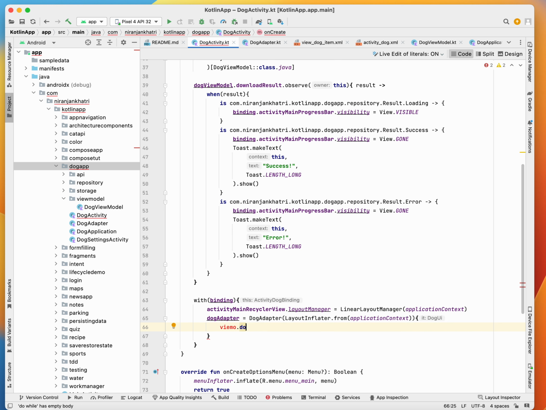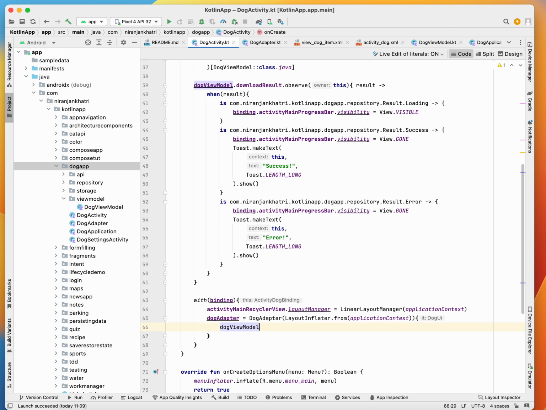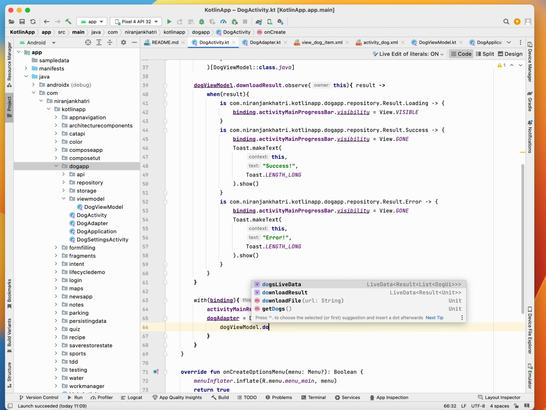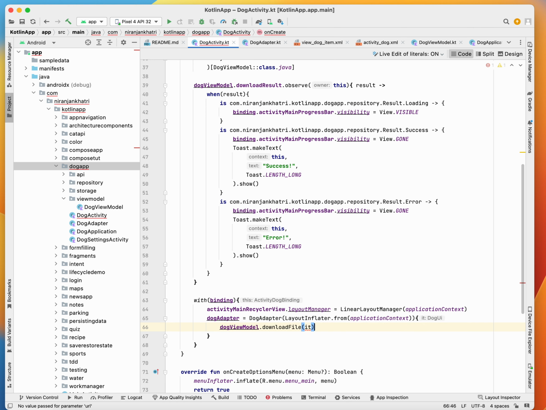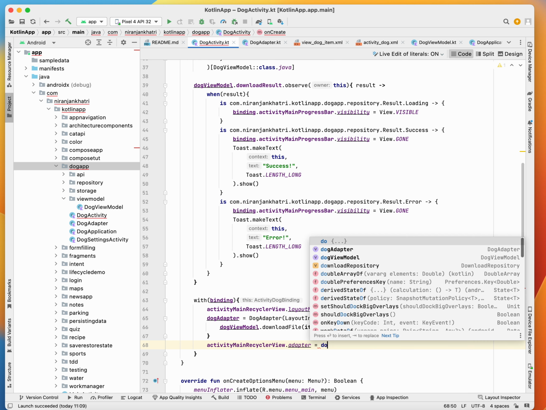your dog view model, download the file, passing the dog URL, right? And then you have to assign the recycler view adapter. Activity main recycler adapter assigned to the dog adapter,